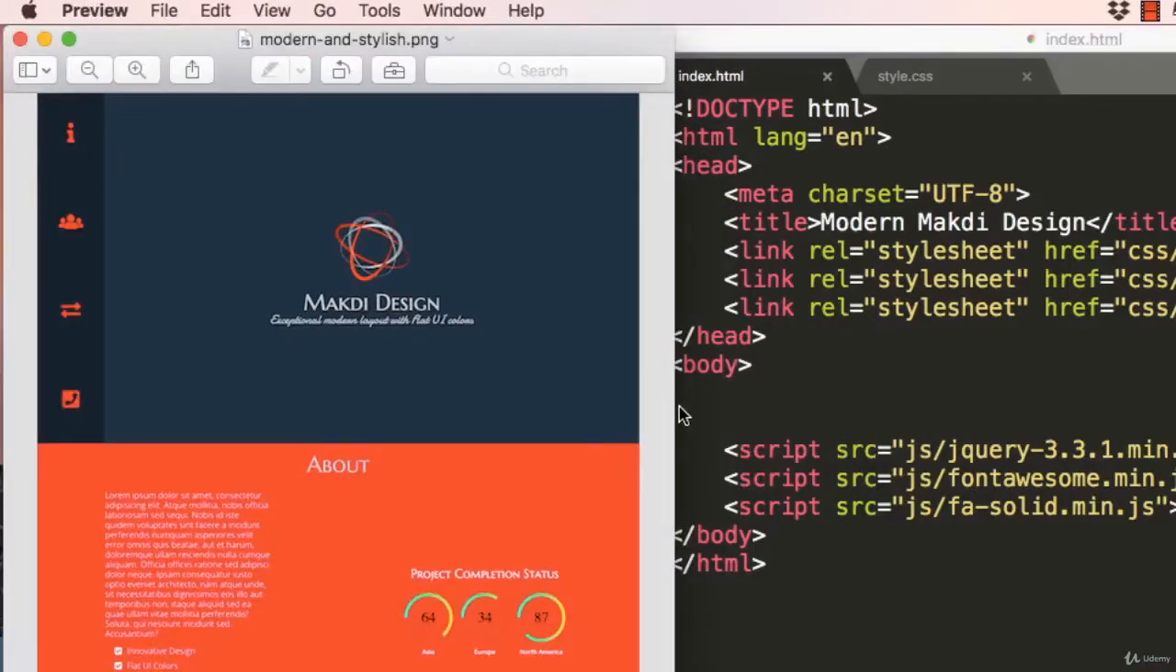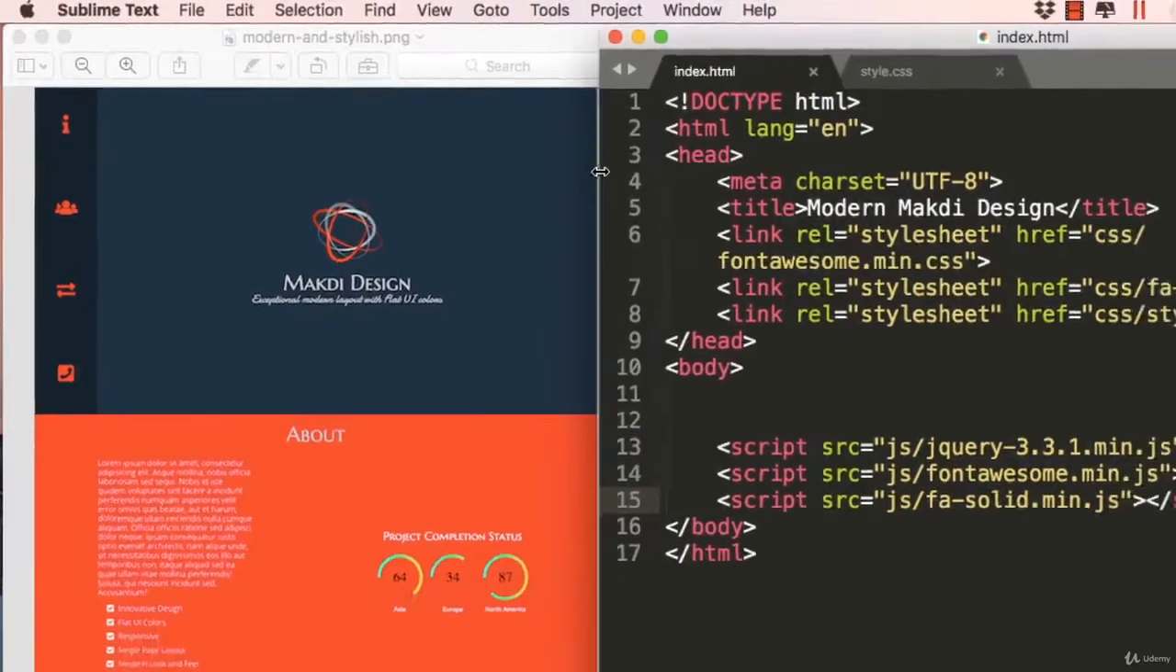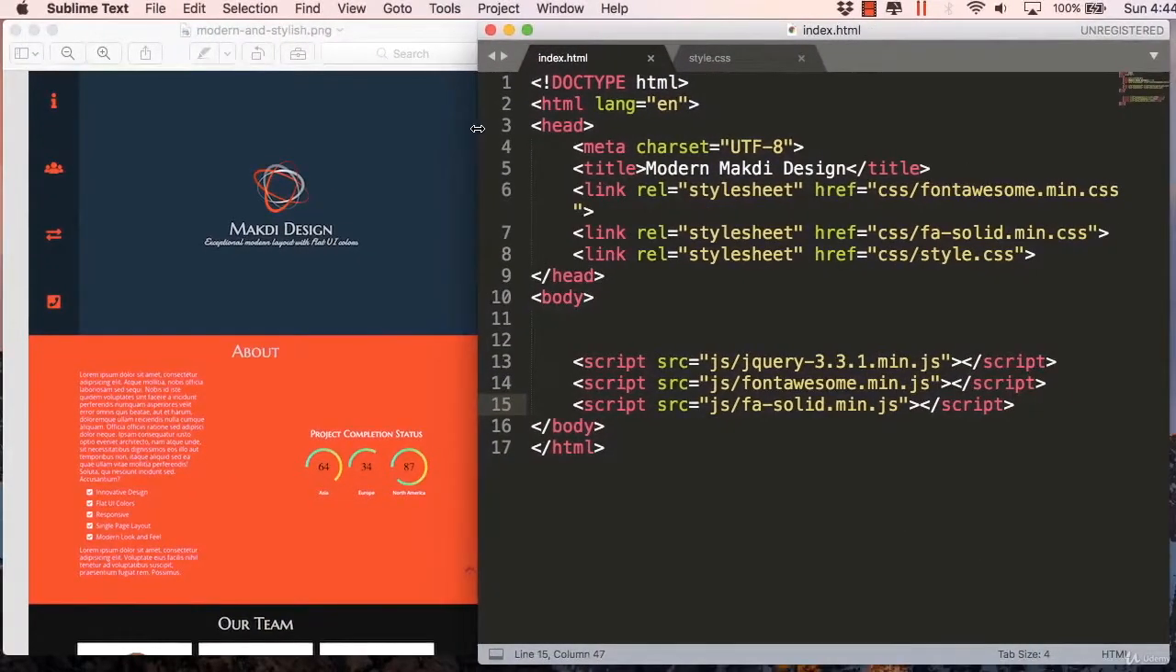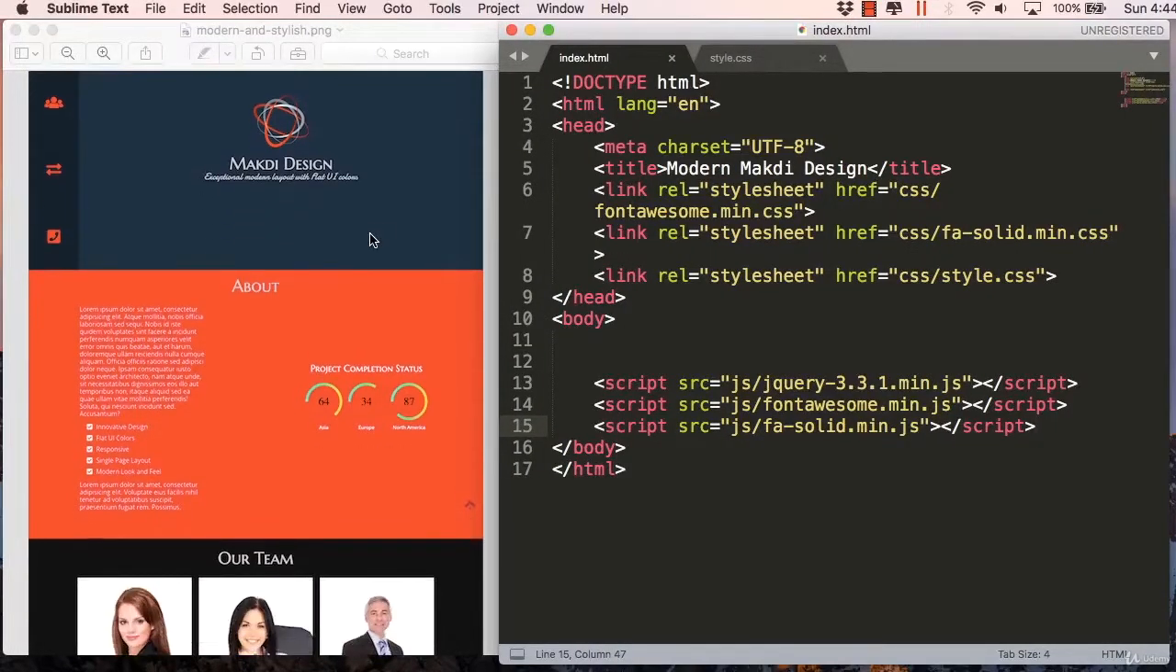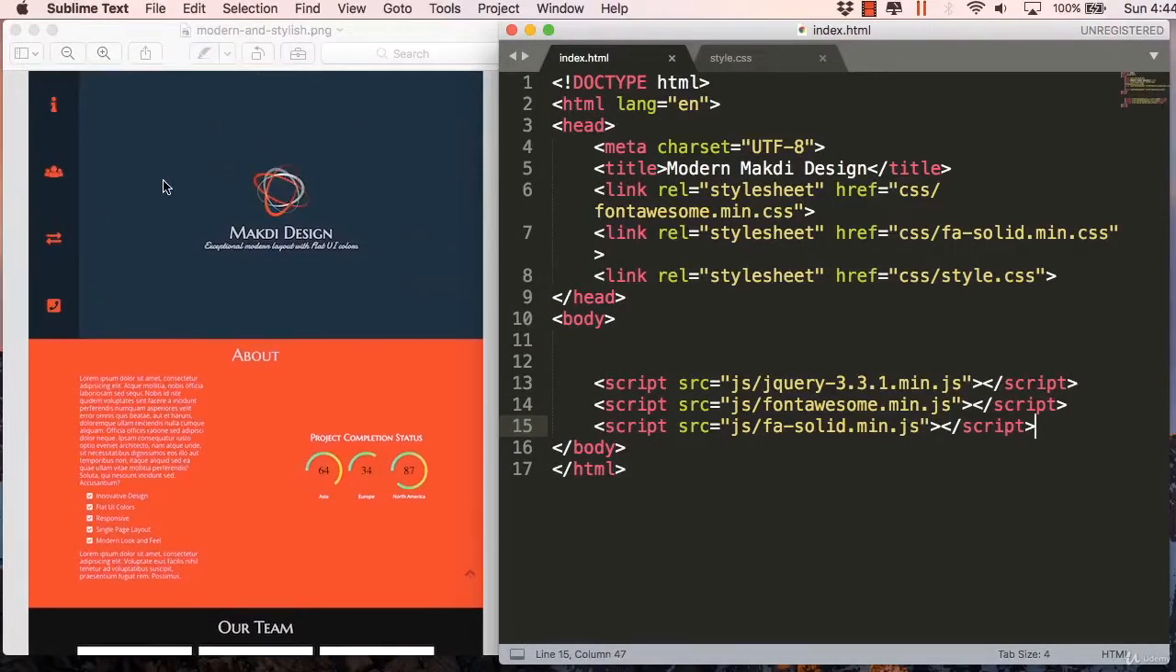So this is the design which we are going to make. This is a JPEG file. I have just saved it for reference. So we have 5 sections in all, including the home section, and we have the left menu there, and the